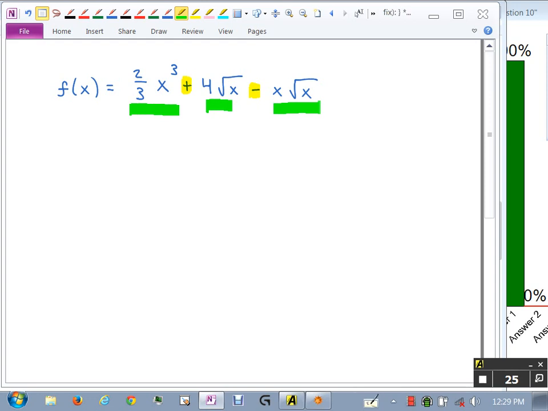If you were asked to take the derivative of something like this, that's not what we're doing, but if I said take the derivative of this, you could do the derivative of each of those 3 green pieces, right? Because that's the way derivatives worked. The derivative of a sum was the sum of the derivatives. So you could very nicely separate them one by one. Antiderivatives work the same way. If you have sums or differences, you can find the antiderivative of each one separately and then combine those answers